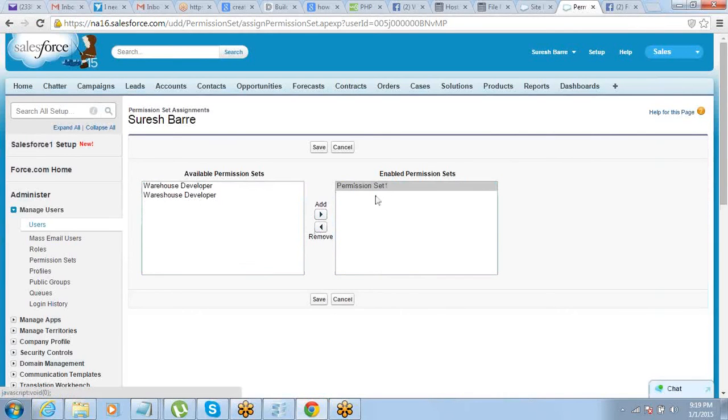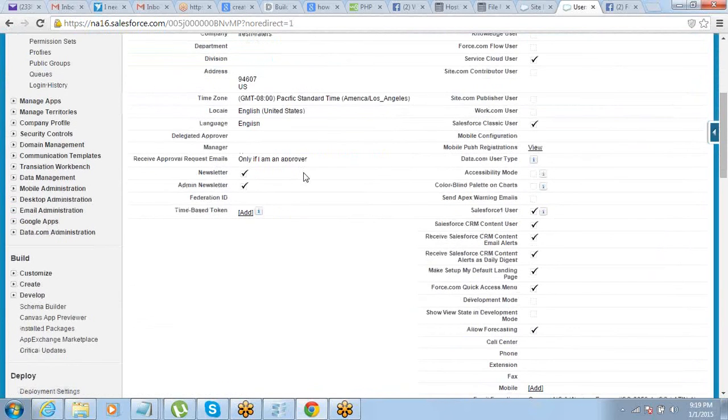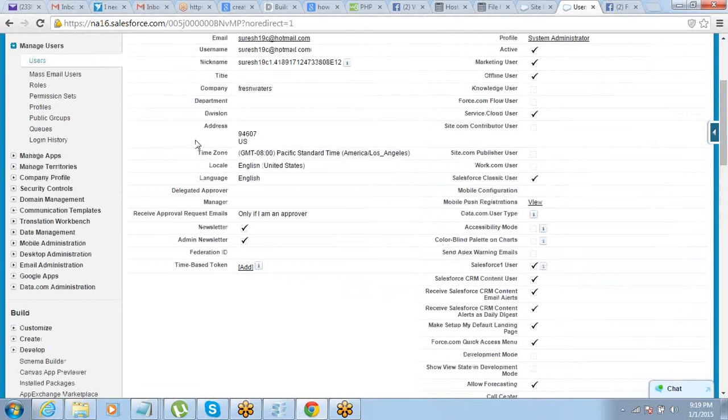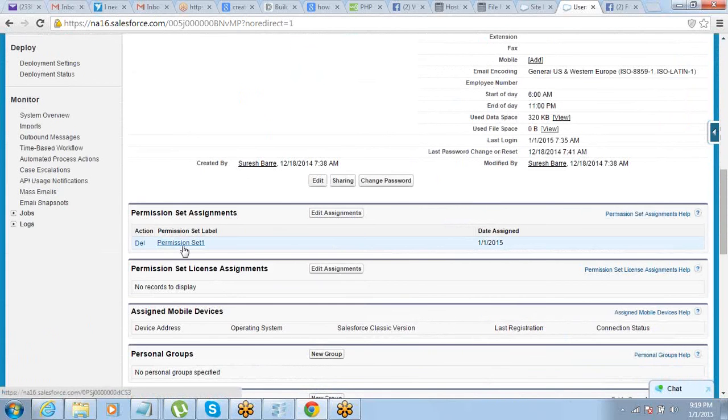Whichever permission set you want to give. So now I have given permission set 1. What does this permission set 1 consist of? This consists of that additional app permission. That's it. Save it. Done. So now this user has additional permissions of this permission set, in addition to whatever permissions he has got from his profile. Profile is defined here. Whatever is in the profile is there, and this is the add-on part. So you can give multiple permission sets to the same user.